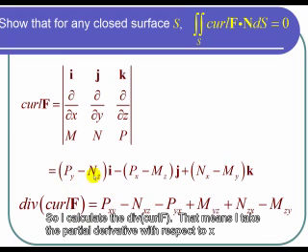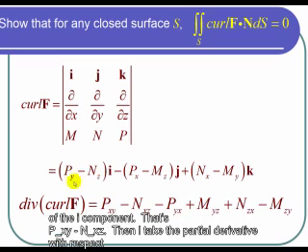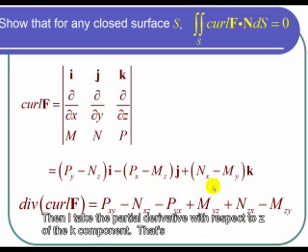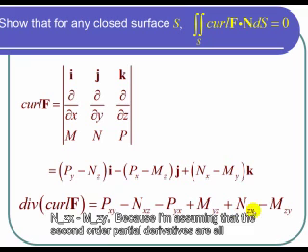And that means I take the partial derivative with respect to x of the i component, and that's p sub xy minus n sub xz. And then I take the partial derivative with respect to y of the j component, and that's minus p sub yx, and then minus a negative, or plus, m sub yz. And then I take the partial derivative with respect to z of the k component, and that's n sub zx